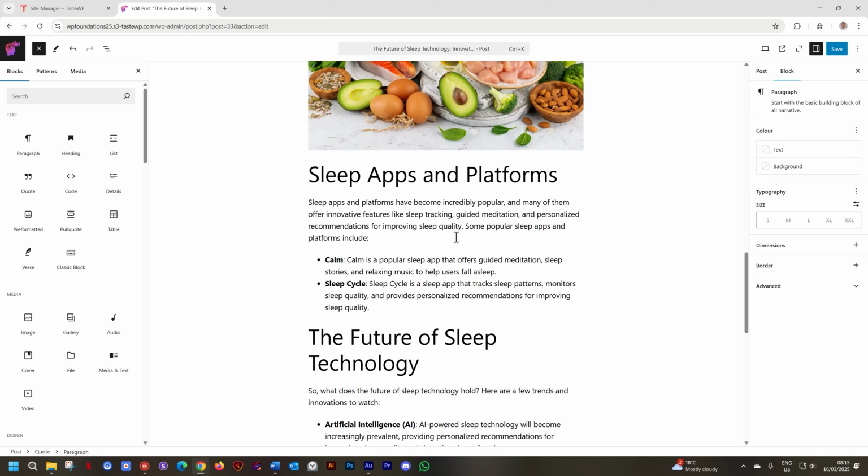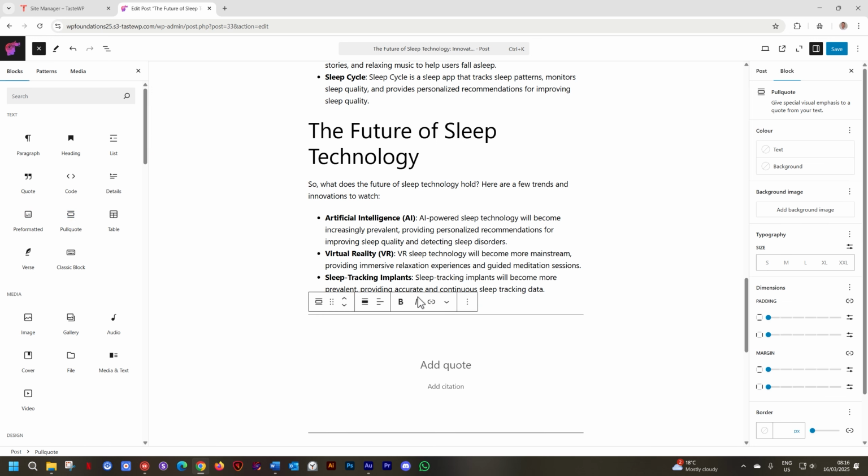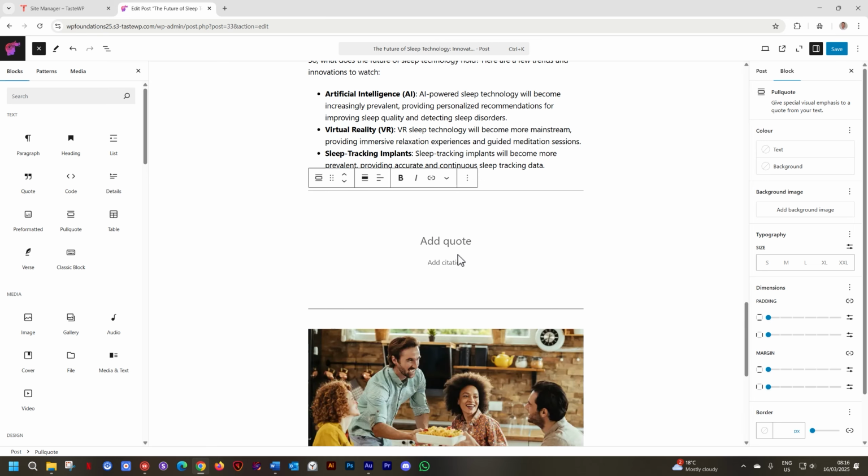So let's scroll down. We go here and over under text in the block panel. Here is the pull quote. I'll click, hold and drop it here. And this is pretty big. So the idea with the pull quote is not only that you are bringing in text, you're also bringing in the name of the person who said it. So I can say, life is tough, so you gotta be tougher. And the wise words of Turbo B. And this is what a pull quote does.